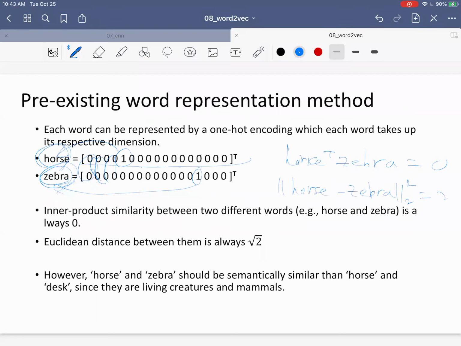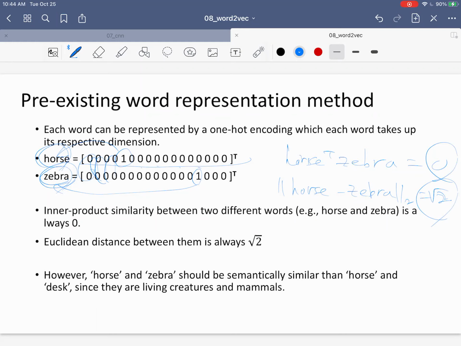would be 2. Well, actually, we can forget about the outer square, then it's square root of 2, right? And this is not just between a horse and a zebra. Between every single word, it'll always be the same. Because if you use a one-hot vector, then any pair of words will have an inner product score of 0, if you think about it, and the L2 distance, the Euclidean distance between any pair of words, will always be square root of 2. So that basically fails the